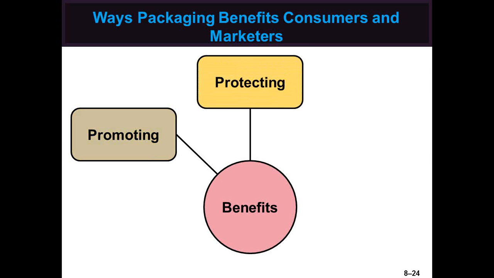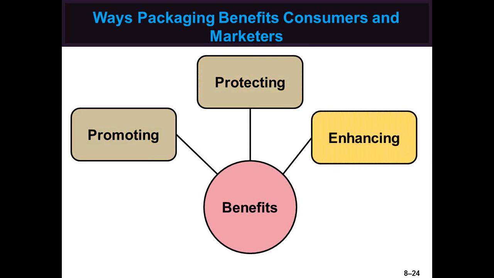Good packaging makes products easier to identify and promotes the brand at the point of purchase and even in use. Factors to be considered are the following. Promoting is a factor. It links the product to promotion, branding at the point of purchase or consumption, and product information. Protecting is an important factor regarding shipping and storing, and protection from tampering, from shoplifting, from spoiling. And the third factor, enhancing, involves the environment, convenience in use,